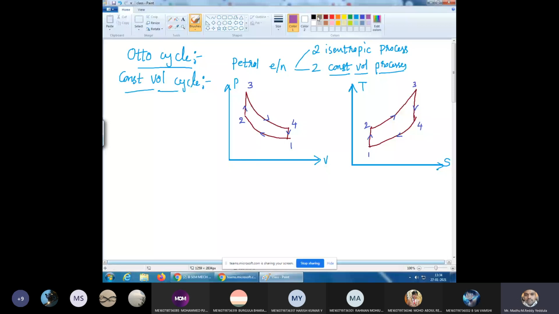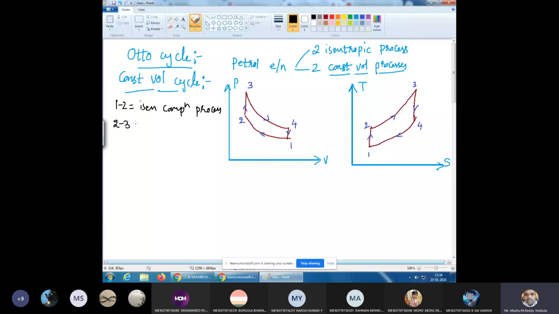What is 1 to 2? Is 1 to 2 the compression process or expansion process? We can see 1 to 2 entropy is constant. It is the compression process, right? So therefore 1 to 2 I can call it as isentropic compression process. Then 2 to 3